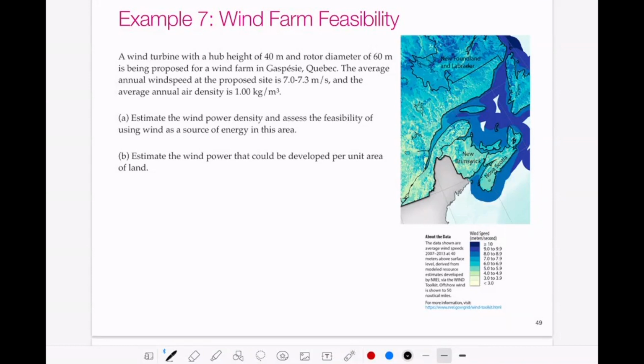Let's estimate first the wind power density and assess the feasibility of using wind as a source of energy in this area. And then B, estimate the wind power that could be developed per unit area of land. So if we want to find wind power density, it is basically going to be the power available for some region based on the average wind speed divided by the area. When we talk about density, in this case, we're not dividing by mass, we're dividing by unit of area. So we can write wind power density